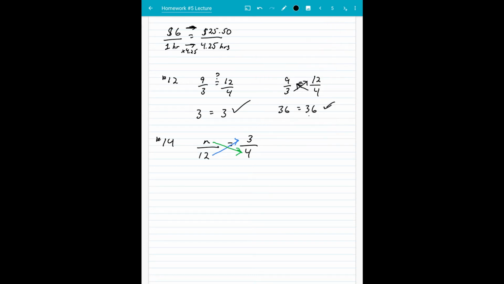So I like to have my variables on the left side, so I'm going to do n times 4 first. N times 4 makes 4n. Put the equal sign still. 12 times 3 makes